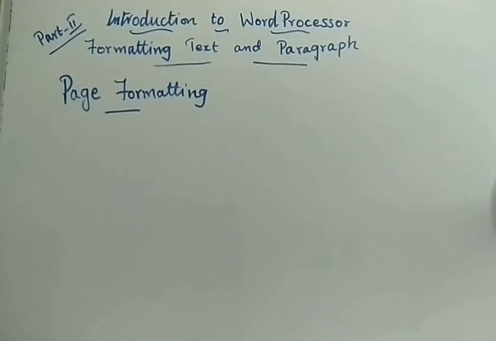So step by step the formatting is increasing for you. First for a single line or a text, next for a paragraph, and next for the whole page. We are going to see how the formatting can be done. The page formatting is about the page where you are going to type. How the rulers should be, from where the margin has to begin, all that we are going to decide by using this page formatting topic only.